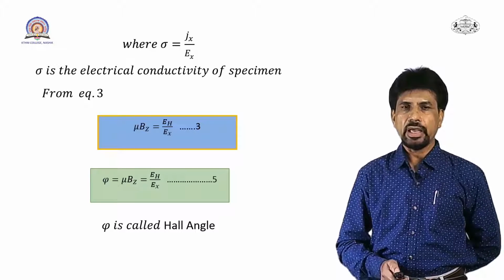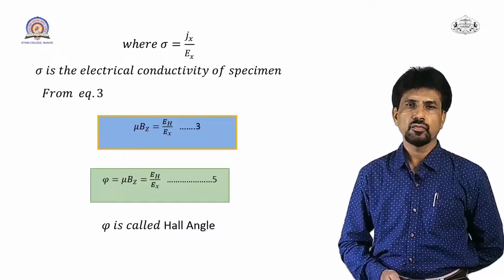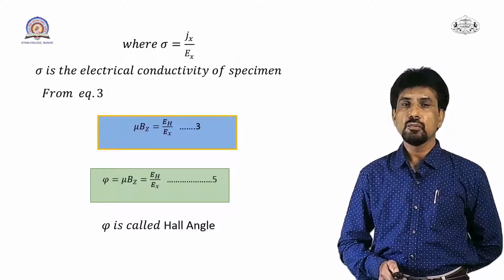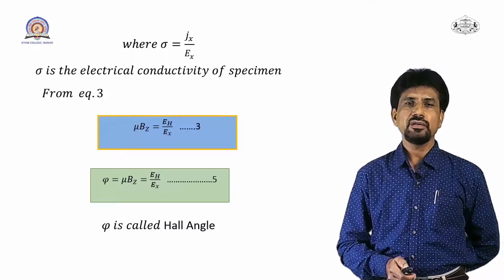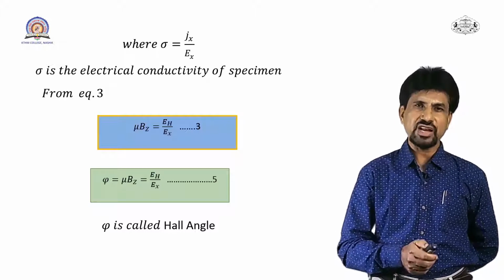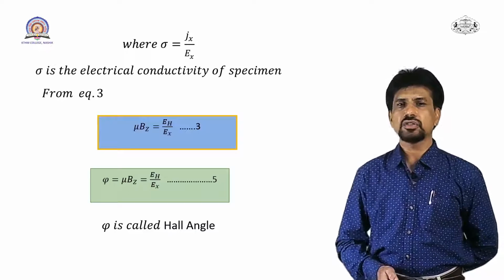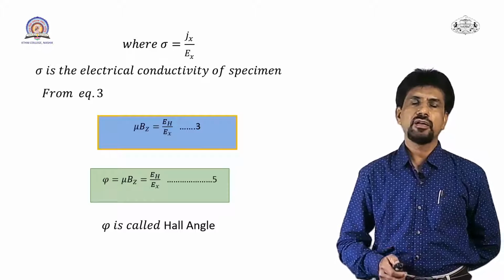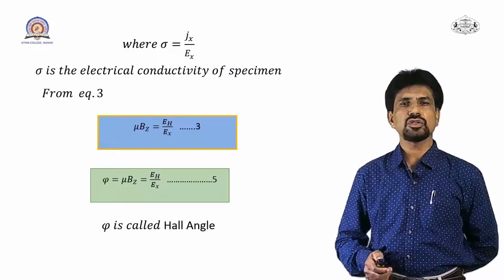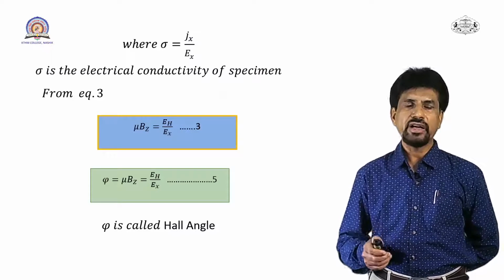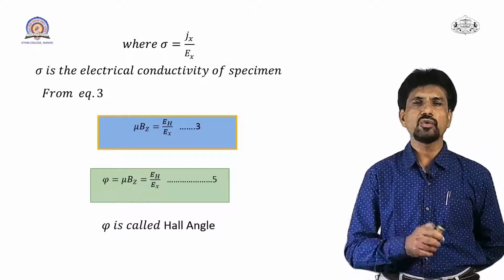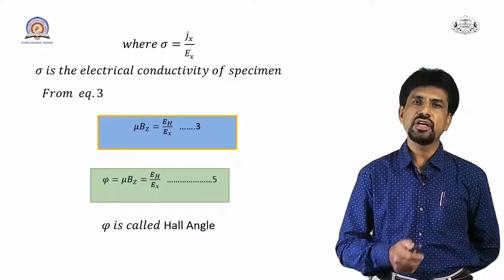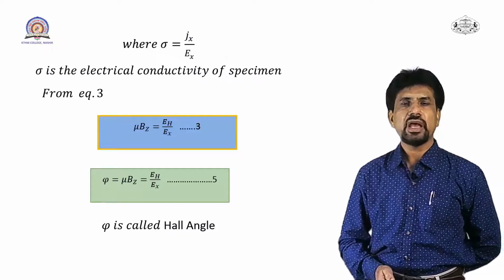So in this unit you have to remember about the mobility. When you apply an electric field across any conductor, the electrons start to move from one end, that is the negative end of the conductor, to the positive end of the conductor, and they move with some drift velocity.